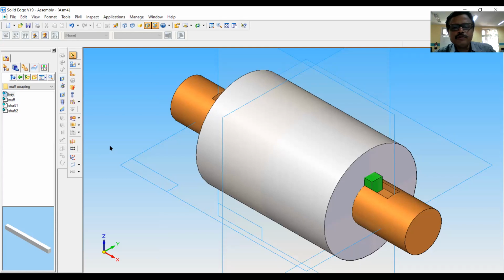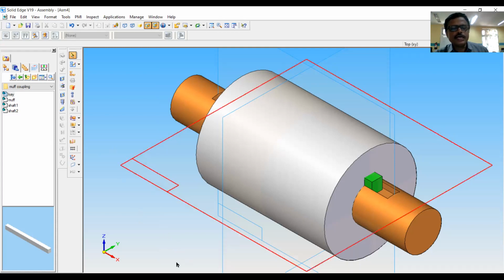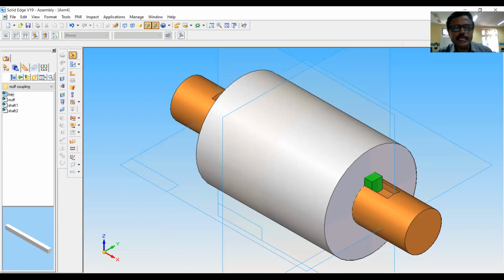Now, once the assembly is over, you can generate the orthographic views with bill of materials and with dimensions, which we have already explained in previous sessions. So I don't think we will be explaining that here. So the main objective of this session was to tell you how to model the components with the help of equations. That was our main idea.